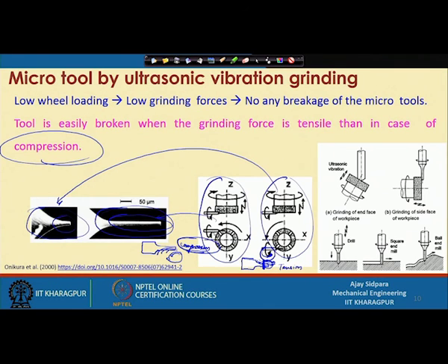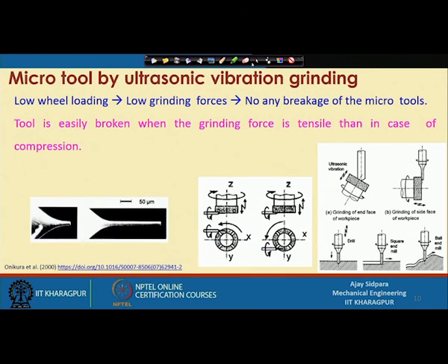So, it is better that every time when you give a feed direction, it is better to go the same way as we do a turning operation. We do not give the turning operation depth something like this, right, because we always go this way, because our material support is very high at this location, and that is the advantage of going with a compressive loading instead of a tensile loading, right. So, higher compressive strength than the tensile strength. That is the advantage of using these things.